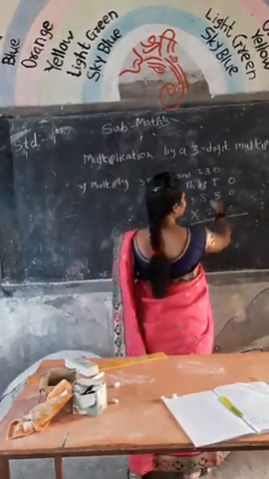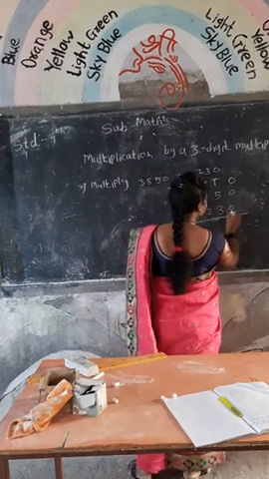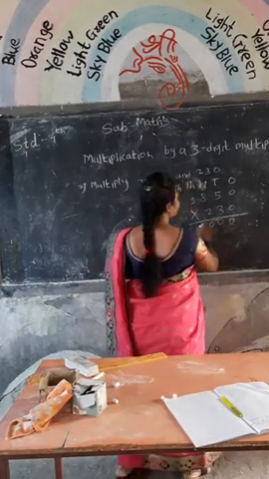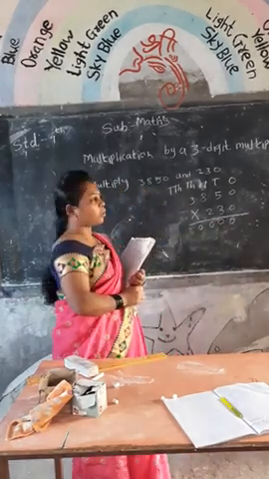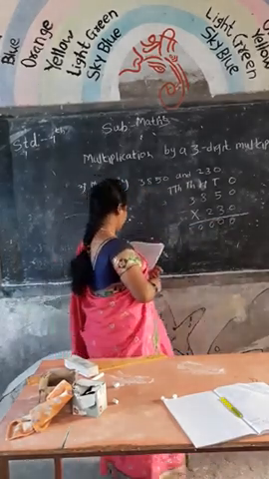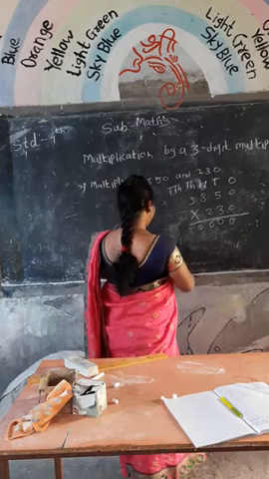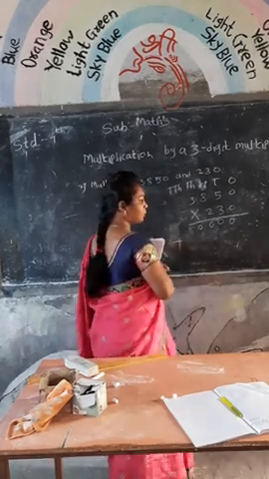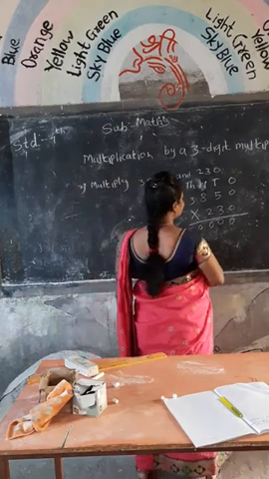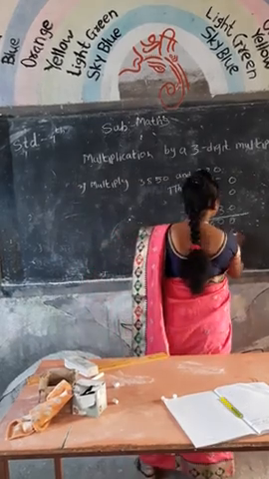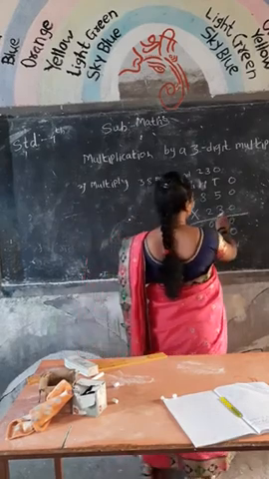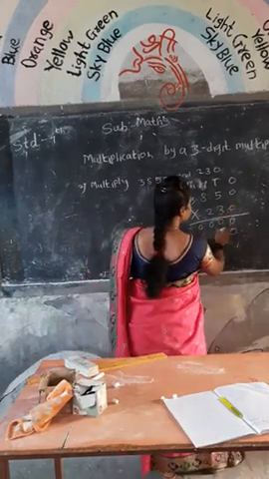Multiply 0 with 0, 0 0 0 0. When 0 is multiplied with any number, the product is always 0. Next, multiplication starting from tens place. Take ones place as a 0. Then 3 zeros are 0.